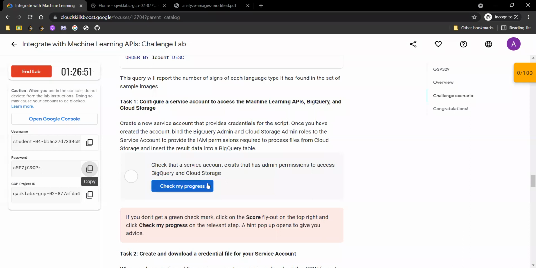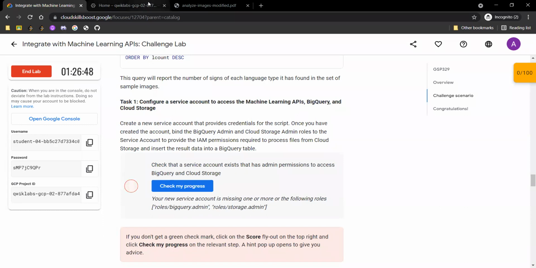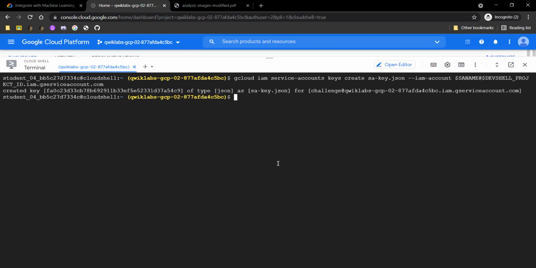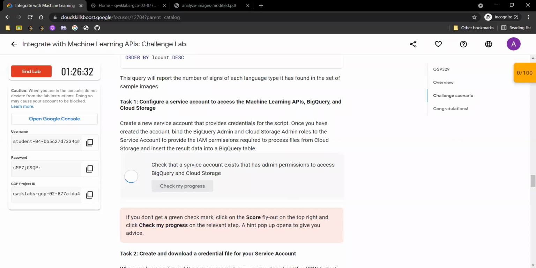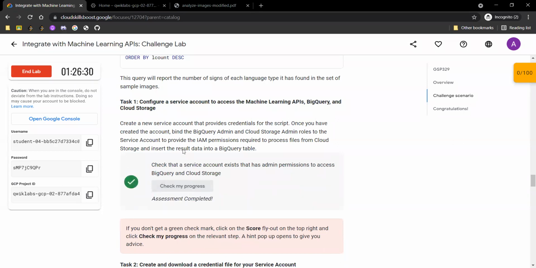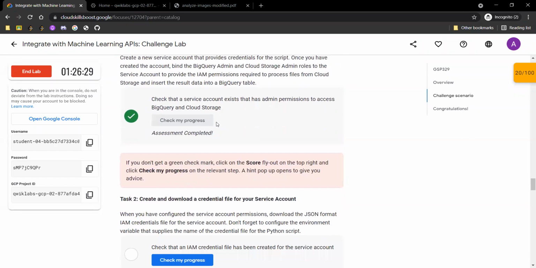Now click on check my progress. Let's just create these keys for the service accounts now. Yeah, our first task is completed.